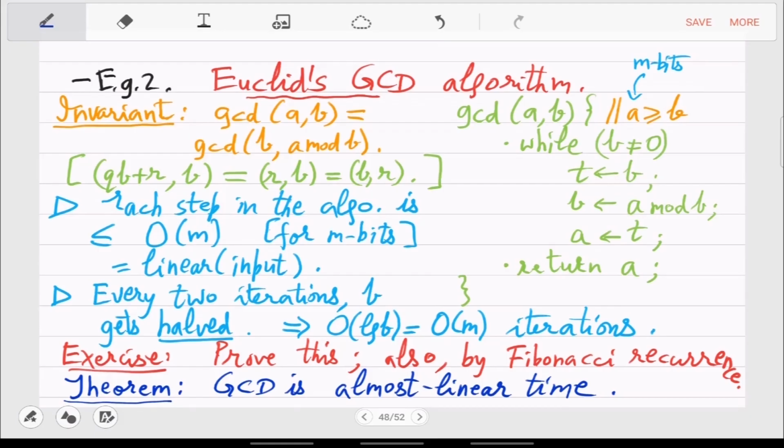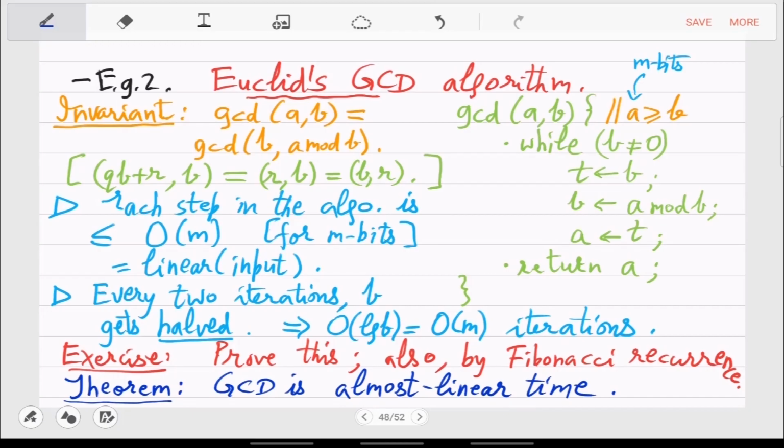In each step, the input size also decreases by half. Yes. Why would it be faster than what? I'm saying that every iteration, the input size also gets decreased. Yes, so it halves. The input, originally the number was 2 raised to m, and you halve, so m times.